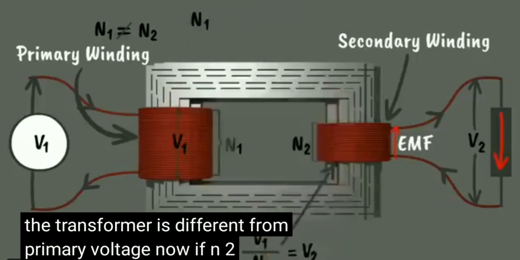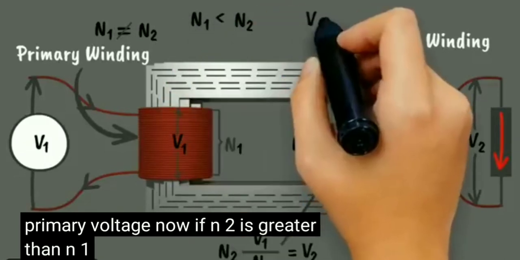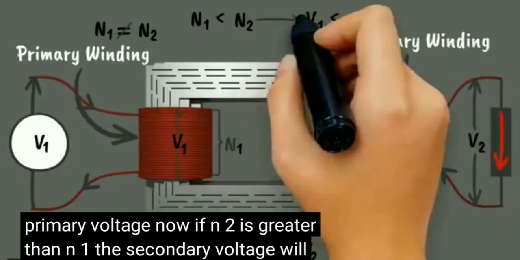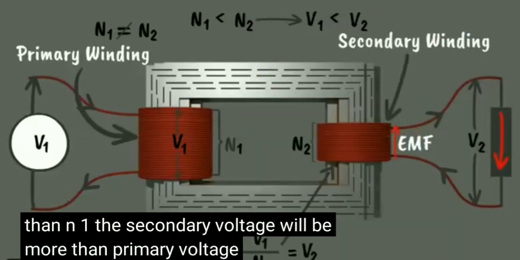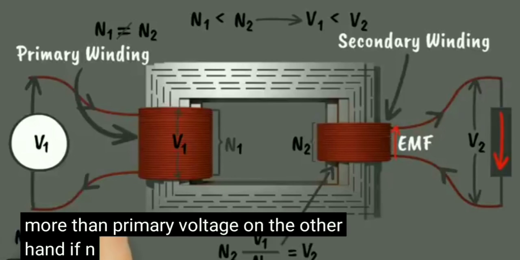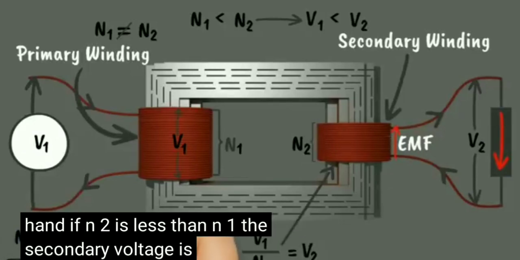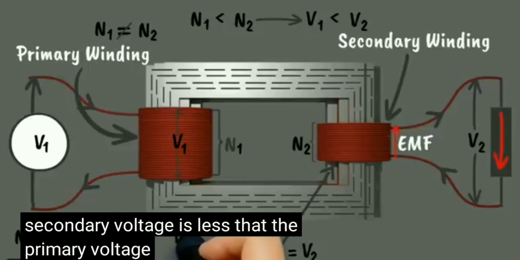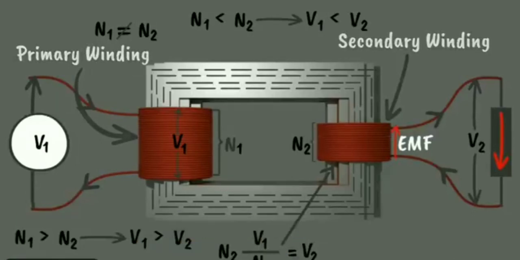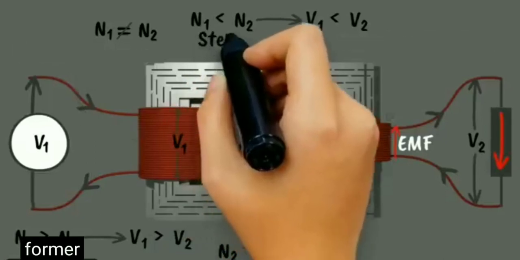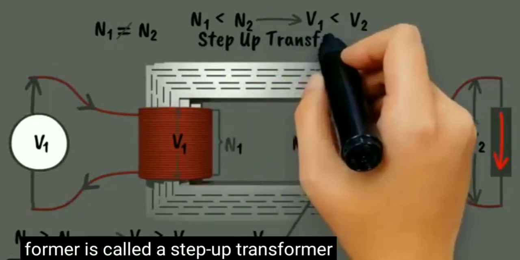Now, if N2 is greater than N1, the secondary voltage will be more than the primary voltage. On the other hand, if N2 is less than N1, the secondary voltage is less than the primary voltage. The former is called a step-up transformer, and